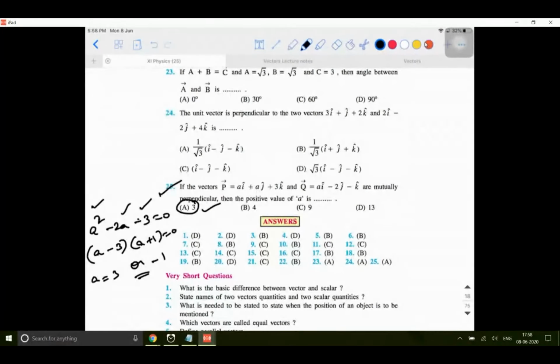Easy, right? So now we have understood how to apply the dot product. So tomorrow I'll try to explain the cross product concept. It is slightly tougher than this, but we will try our best to understand. So tomorrow we will see cross product. Then I'll give you some problems which are based on cross product also. With that, this chapter will be over. Then we can do some miscellaneous problems.